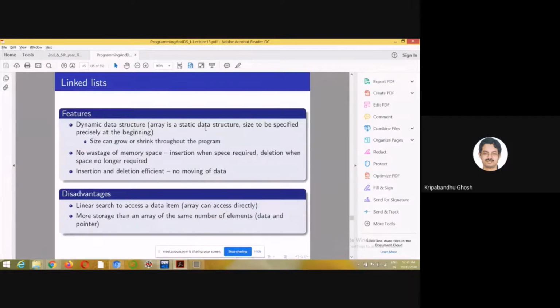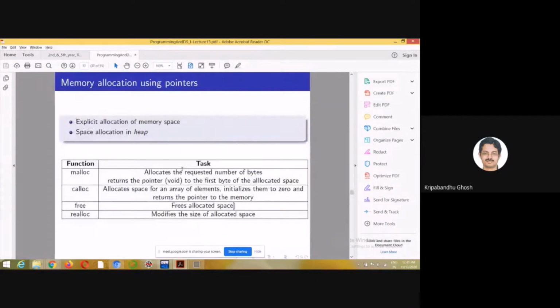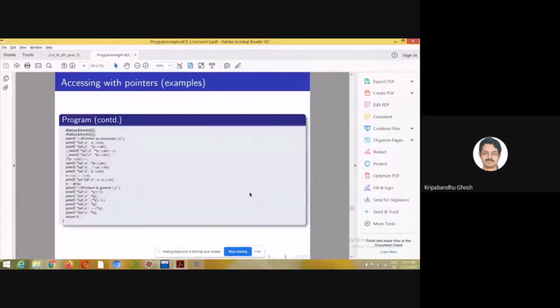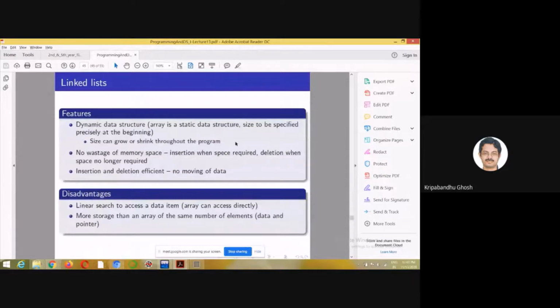But I can of course have a pointer and I can allocate values, right? Which I did in the previous class. I can allocate values and I can reallocate values. But I'm not talking about the pointers. I'm talking about the arrays only. If I write int a[5], it means that the allocation of memory is permanent for the program. So I cannot change it anymore. I have already requested the compiler that I want an array of 5 elements at the beginning, and the size needs to be specified at the beginning.